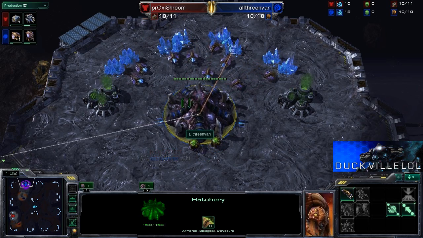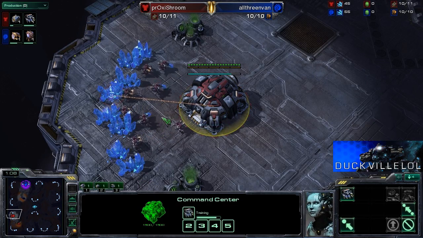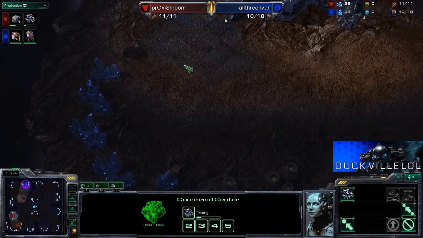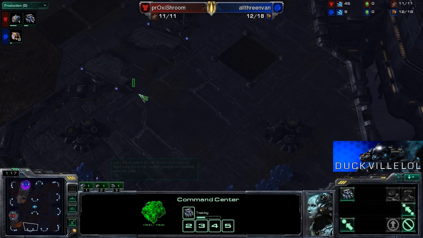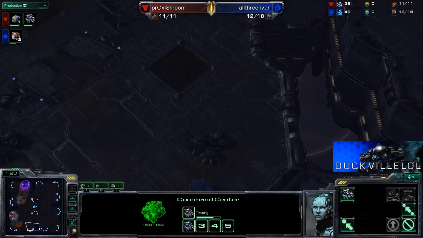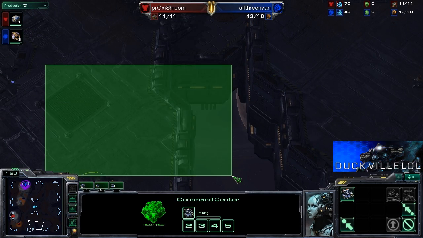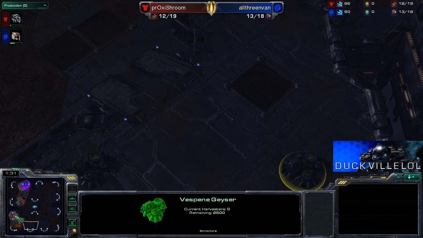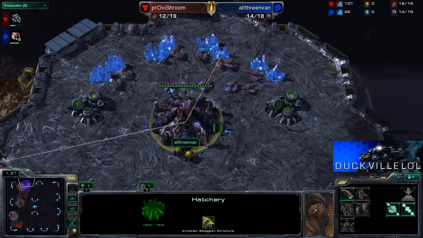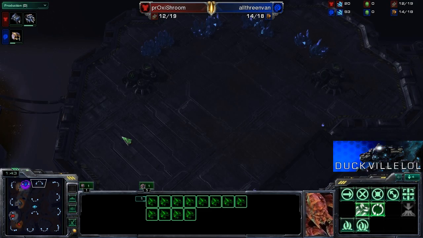We do see this map in GSL as well, in Code A and S, of course, and this is a pretty cool map. I generally am okay with this map. A couple of problems I have with this map, though, are this third base, which can be quite difficult to deal with if you're against a Zerg and sort of late game, you can lose that third base pretty quickly with no trouble at all. I suppose, though, late game a third base should be down by then anyway,